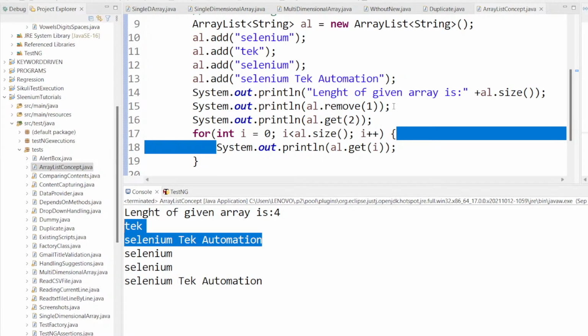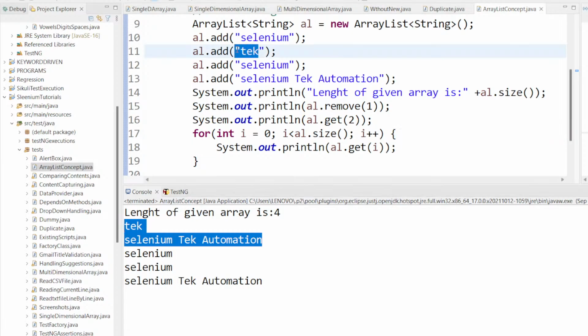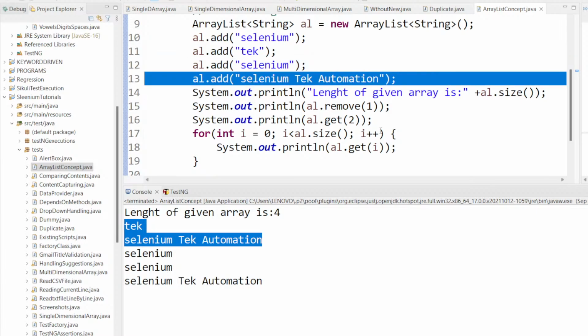the first two conditions, remove of one and get of two. Remove of one means tech and get of two means Selenium. Okay, get of two, it got removed, right, so it is not present now. So then this Selenium will become one, and this Selenium tech automation is going to be printed if I want